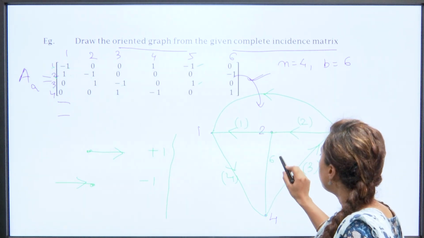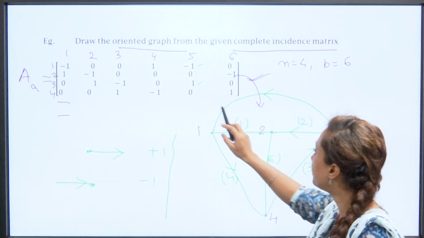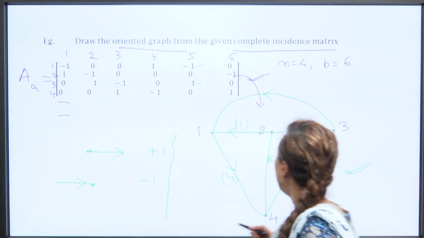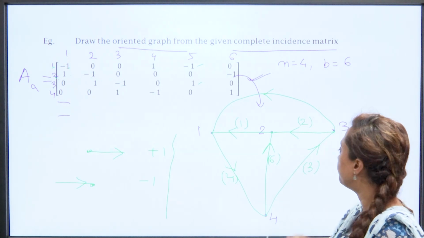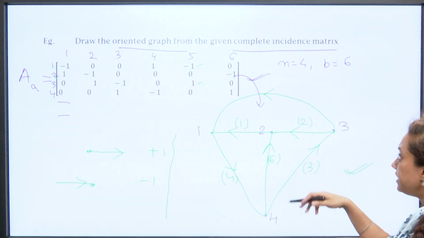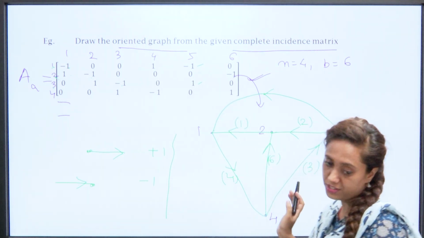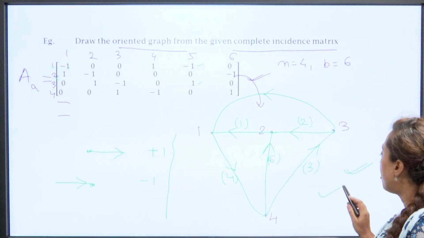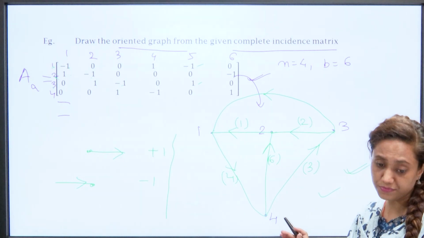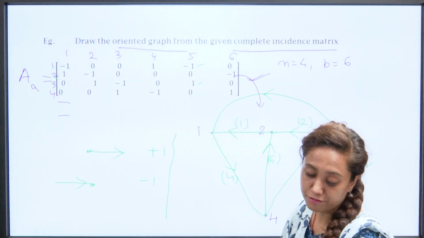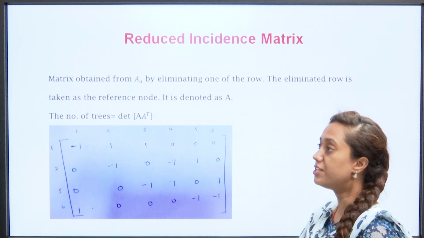This is branch number 6, right? And for the orientation, it is minus 1 for node number 2. Node number 2, it is moving inward. So, this is the complete oriented graph for this incidence matrix. This is how we make it, the complete graph with the whole orientation, right? So, this is how we make a graph from an incidence matrix, and we have seen the incidence matrix also